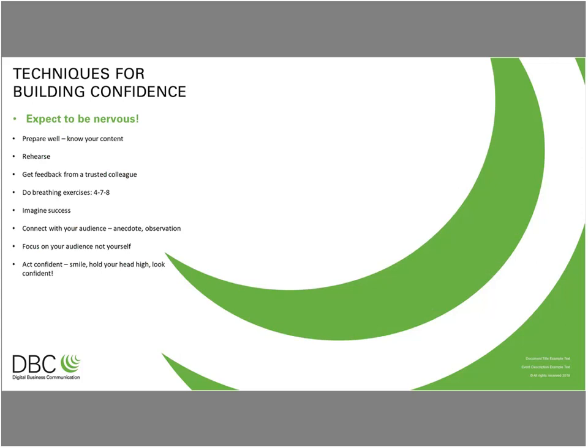If you're having problems with the speaking because you're so nervous you can hardly breathe, there are lots of breathing exercises you can find online. The one I like is the 4-7-8, which means that you inhale for 4, you hold it for 7, and you exhale for 8. You can look that one up on the internet. It just slows you down, fills your lungs with air so that you have good quality air. You're not shallow breathing, and it can be a really good way to calm you just before you start.